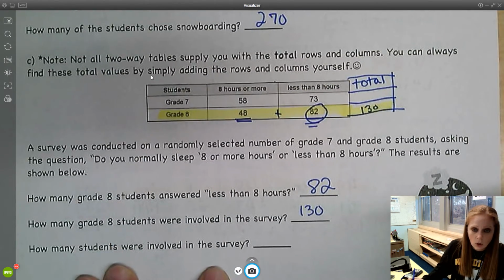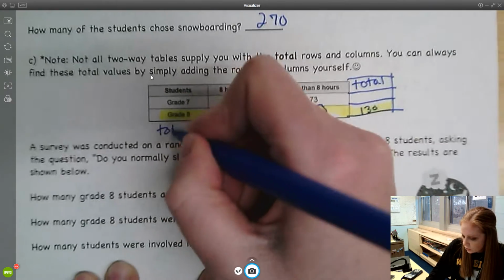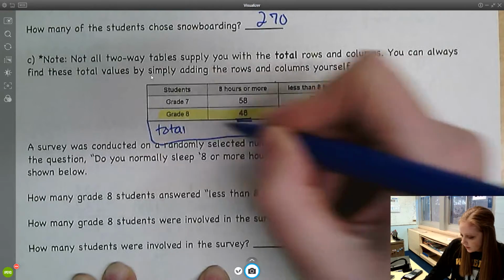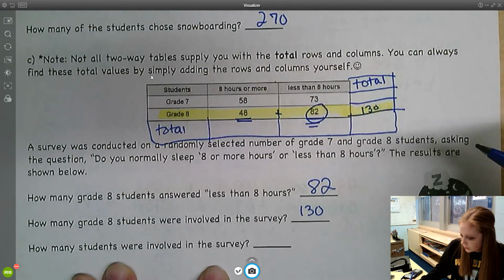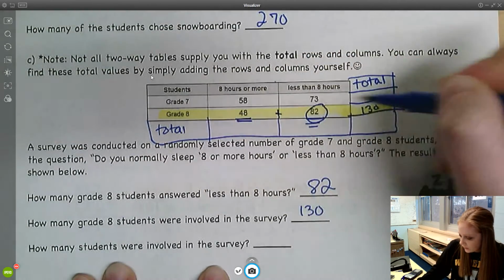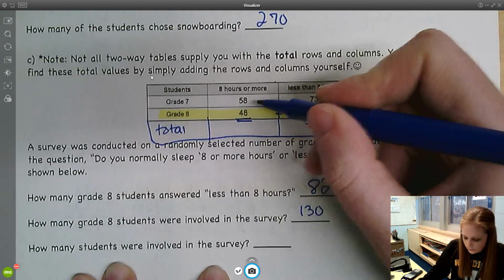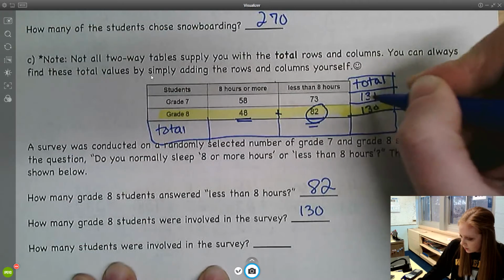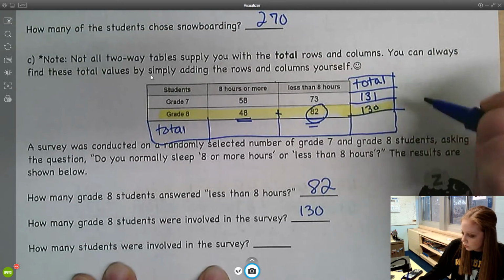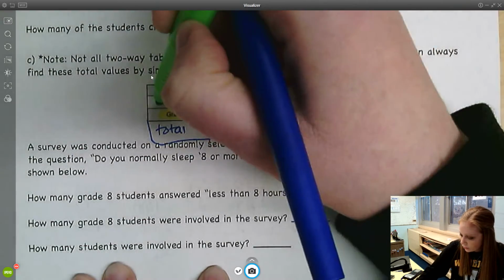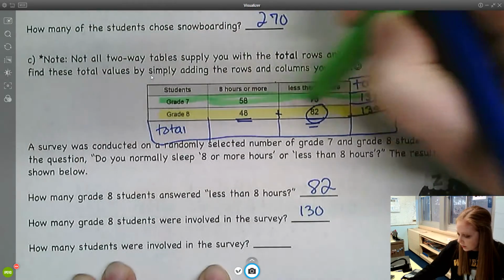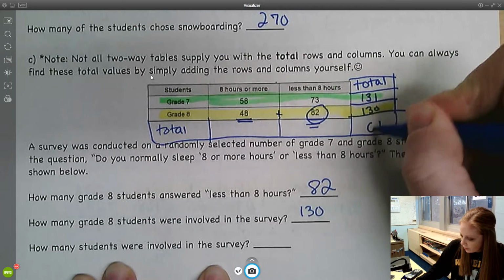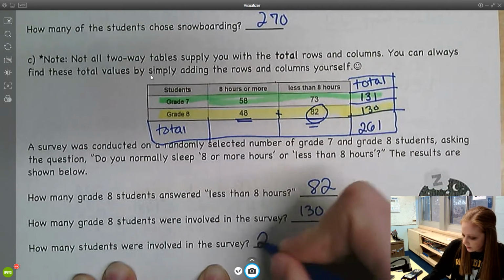And how many students total were involved in the survey? So this is where you can add a total to the side to figure out how many students. So let's see, how many 7th graders total were surveyed? Well, 58 plus 73 is 131. So now if I want to figure out how many total students were surveyed, I have my green 7th graders here, and I have my yellow 8th graders. I need to add together those two totals to figure out how many total students were surveyed,